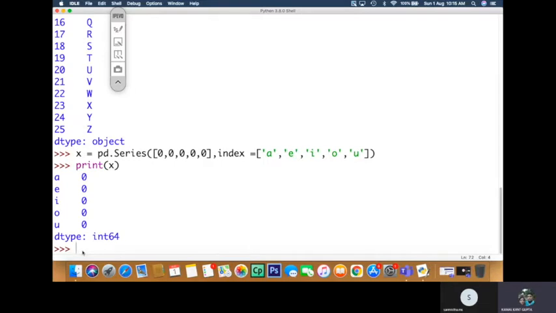Now you can see it is giving us the same thing. It is showing the values as 0 0 0 0 0 and the indexes are labeled as A, E, I, O, U. Okay, so that is what was asked in the question.